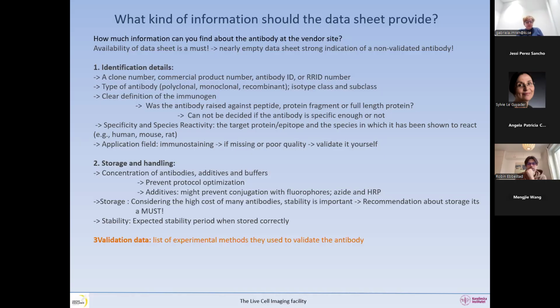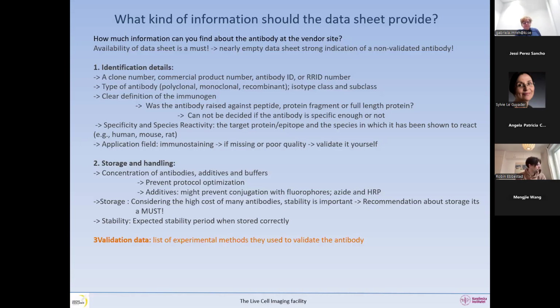The storage is a must, considering how expensive these antibodies are. So it's quite important to know how to store them, and of course the expected lifespan of the antibody